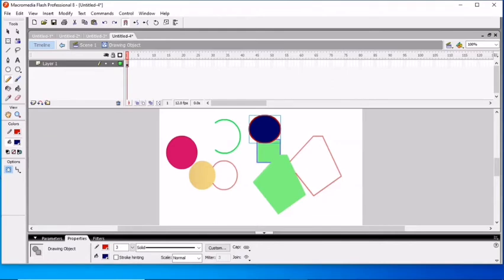Now if I want to move this, select the tool and move it, you can see it is completely moved. In this way, Control plus G is the shortcut key for grouping, and Control plus B is for breaking apart a group. Before this Control plus G you group the parts, and Control plus B ungroups them.